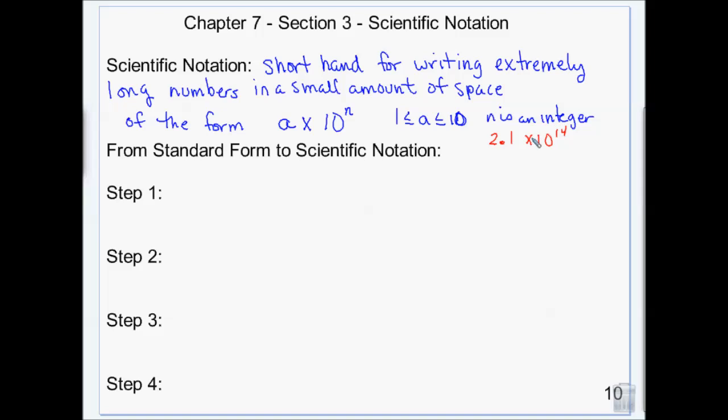So they created scientific notation, and scientific notation is a shorthand for writing extremely long numbers in a short amount of space. They don't have more than 2 decimal places. So at most, you're writing 3 numbers here, an x, a 10, and some exponent. So the first step to go from standard form to scientific notation is that we're going to move the decimal